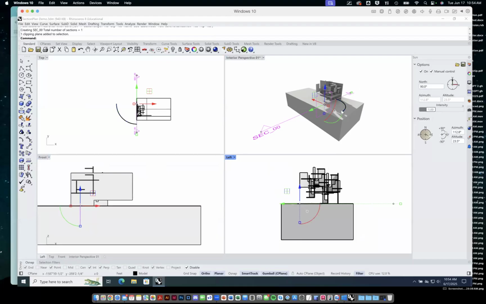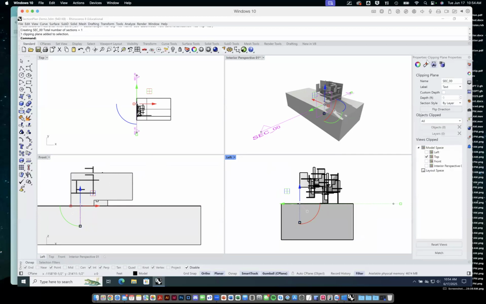And again, back to this properties box. So we use this properties box to change the perspective properties. What I'm going to do is I'm going to select this section plane, and I'm going to go back to that color wheel and look at its properties. You can see that I have clipping plane properties here. And one of the things that I can toggle on or off